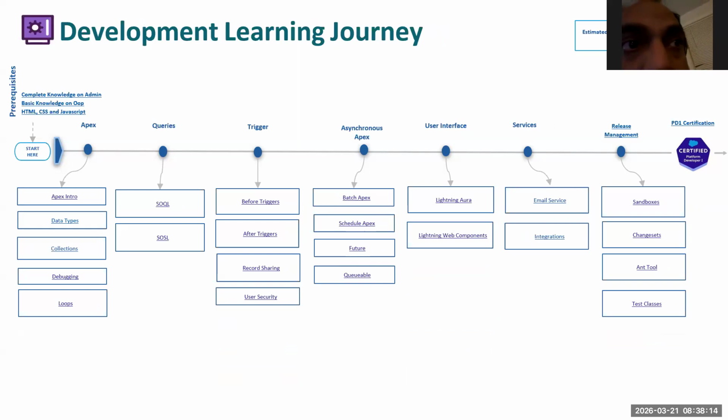And not just Salesforce, any technology for that matter. There are two things, especially for people like Farhan, because by the way, even I was not from IT. I'm an electronics engineer. I used to hate IT, actually.